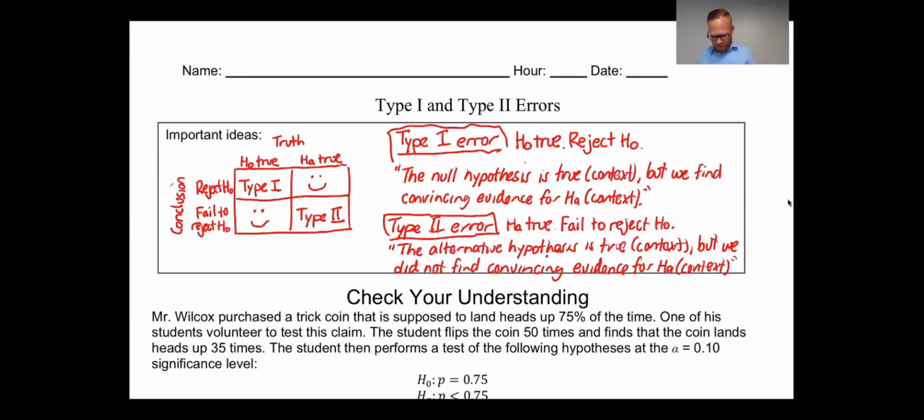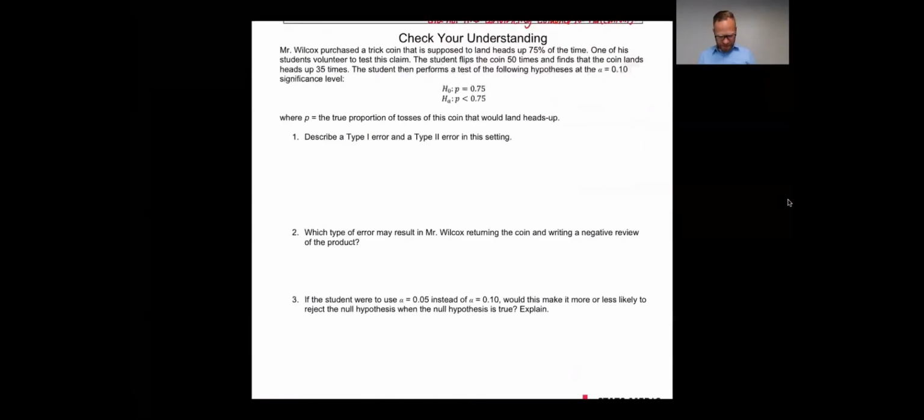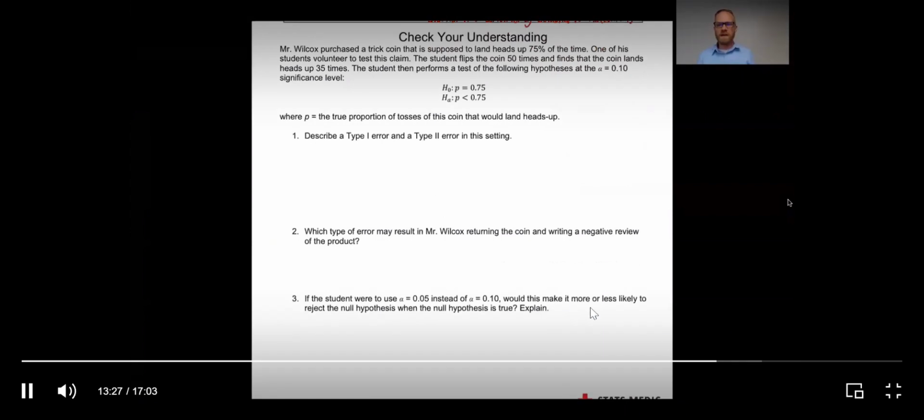Now, the one other important idea that we did get here is that for the type 1 error, we did discover that the probability of making a type 1 error, of rejecting the null when the null is true, is actually just our significance level alpha. So let's see if you can apply your learning in the check your understanding problem here. So go ahead and try the check your understanding problem on your own, and then come back here to check your